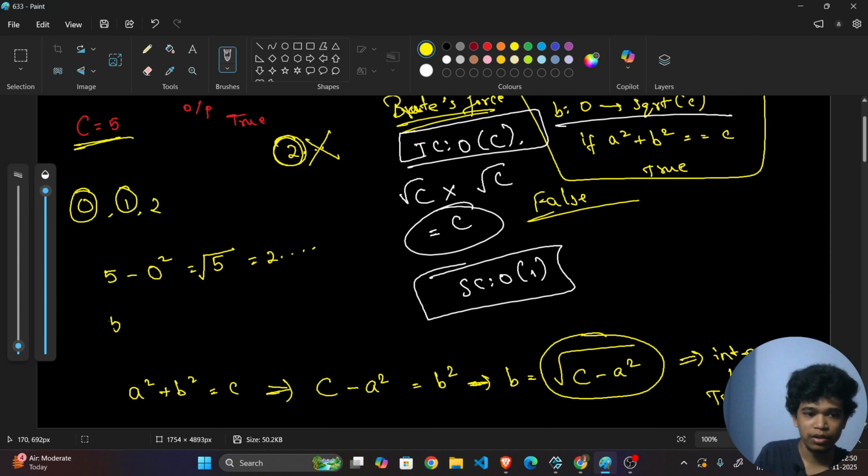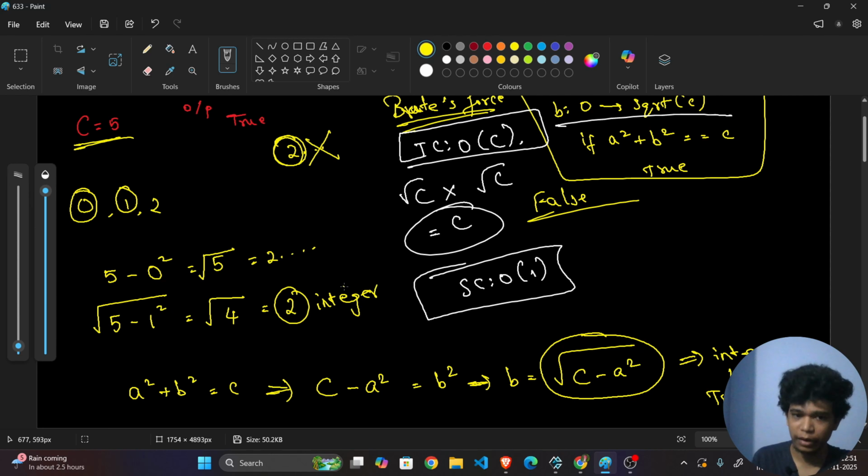It is 1. So 5 minus 1 square, which is equal to, now here I'm putting the square root, which is equal to square root of 4. Square root of 4 is equal to 2. Exactly, it is an integer, right? It is an integer. So at this particular point, what I can tell you is that if I take